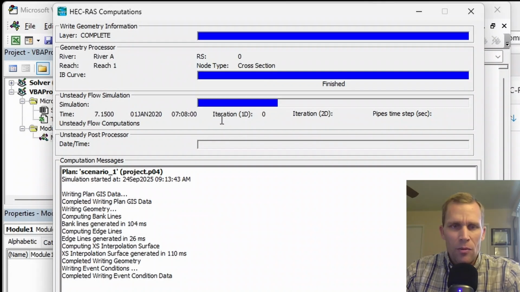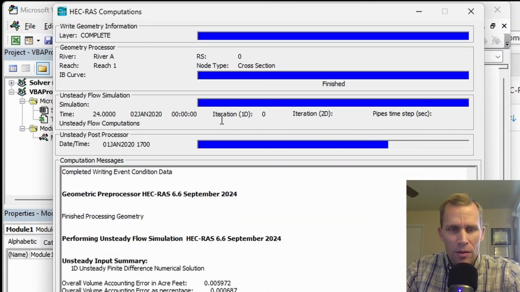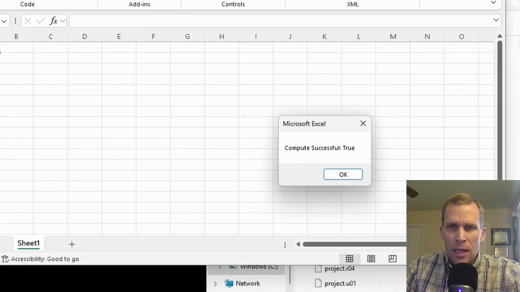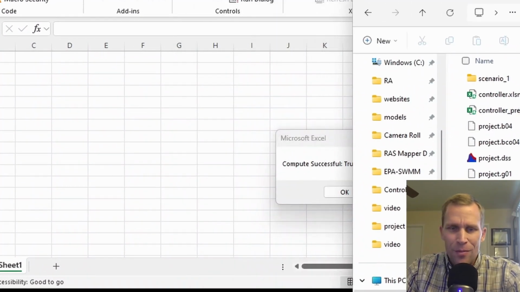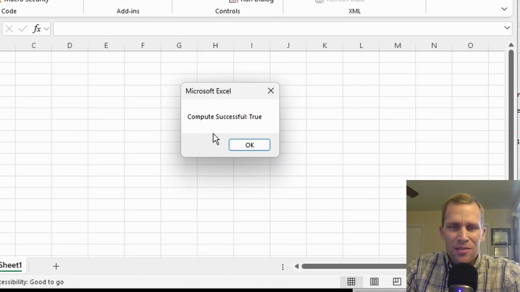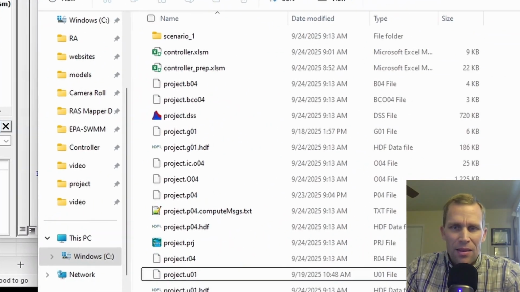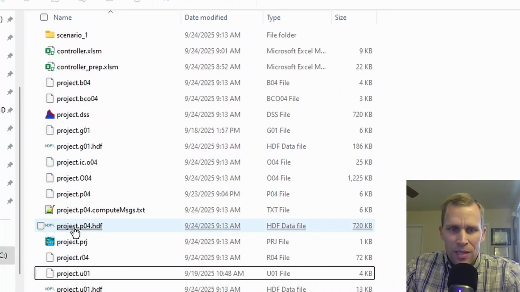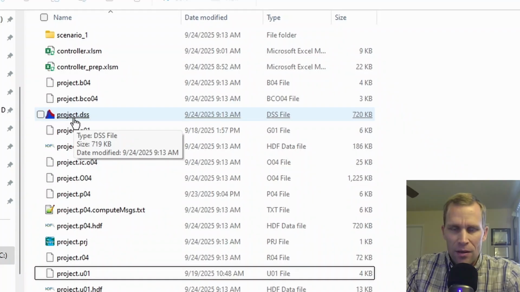Okay, so it's opening up. This is the same window that we see when we're running the computation manually, and it looks like it's done. So I'll click on close, and sure enough, multiple things. Here is our dialog box to tell us that compute successful is true. That's a good sign. And then here is the project directory, and we have the same output files, the HDF file, the .o file, the project.dss file